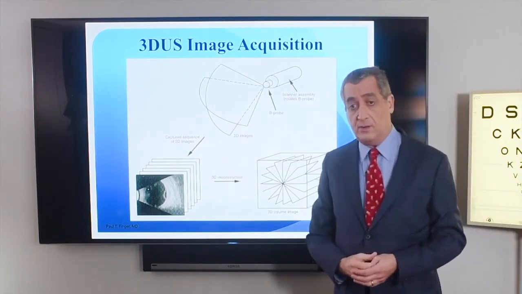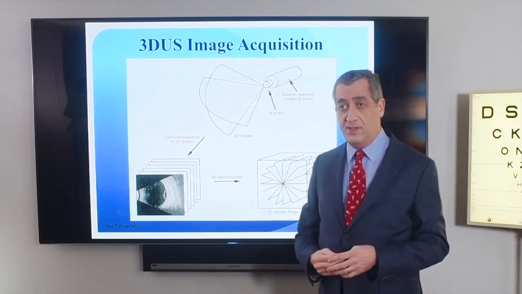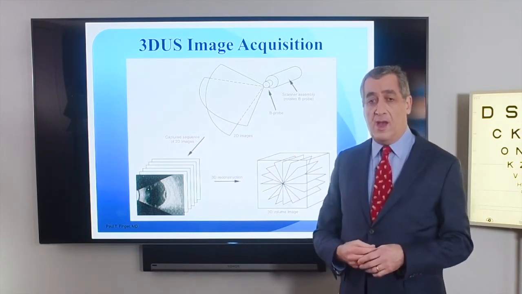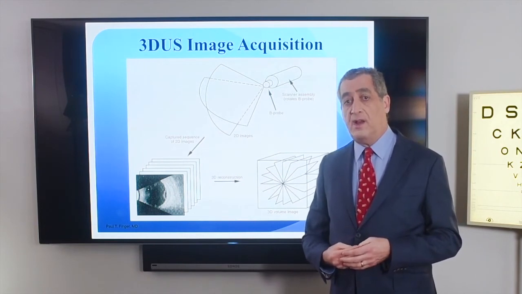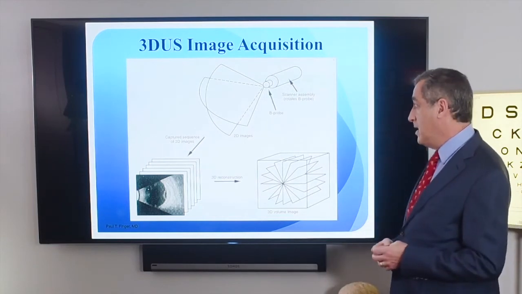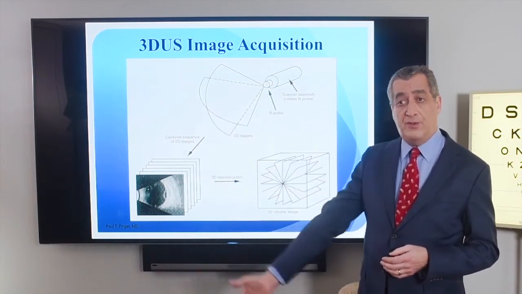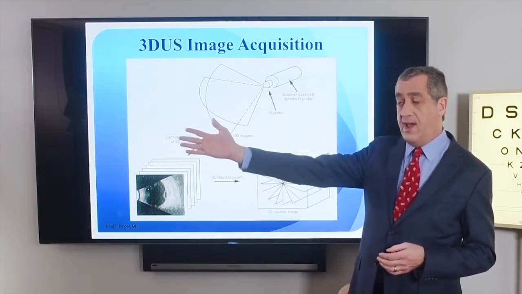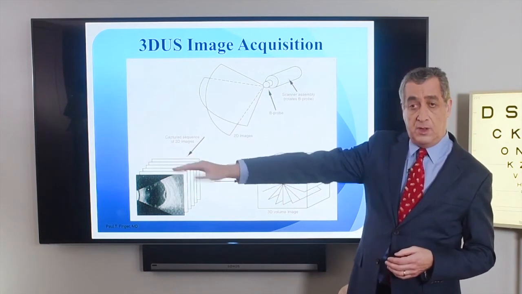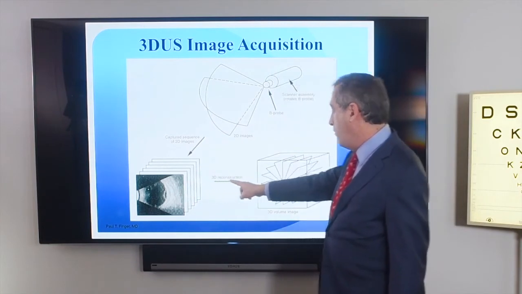The next generation, which occurred in the 90s and unfortunately in ophthalmology disappeared about 10 years ago, is three-dimensional ultrasound imaging. I'm including that in this lecture because I believe that we will once again have 3D imaging as time goes by. But the concept here is we had A scan, which was a pencil. We had B scan, which was a two-dimensional cut. And now we have a third dimension where the two-dimensional cut is rotated and multiple two-dimensional images are collected by a computer and reconstructed into a